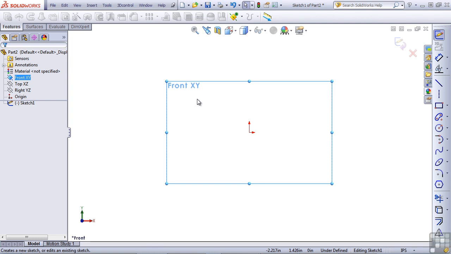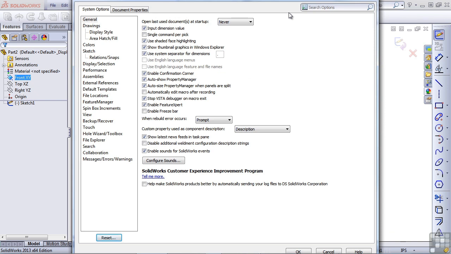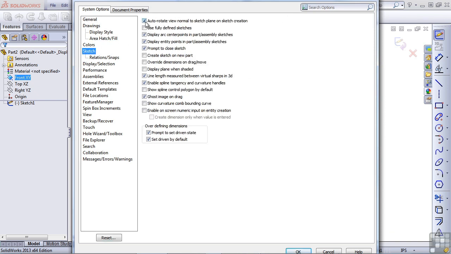Notice that my front plane rotated to the view as soon as I opened the sketch. If yours does not do that, follow me to this setting. Go to Tools Options or use the Options drop-down from the title bar toolbar. Go to the Sketch page and make sure that the Auto Rotate View Normal to Sketch Plane on Sketch Creation